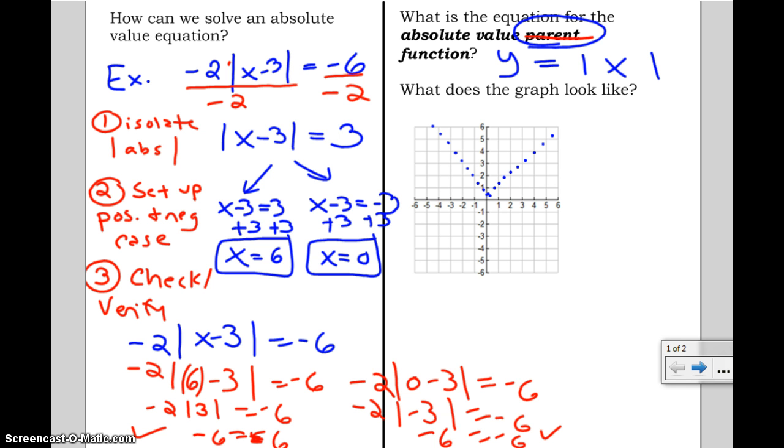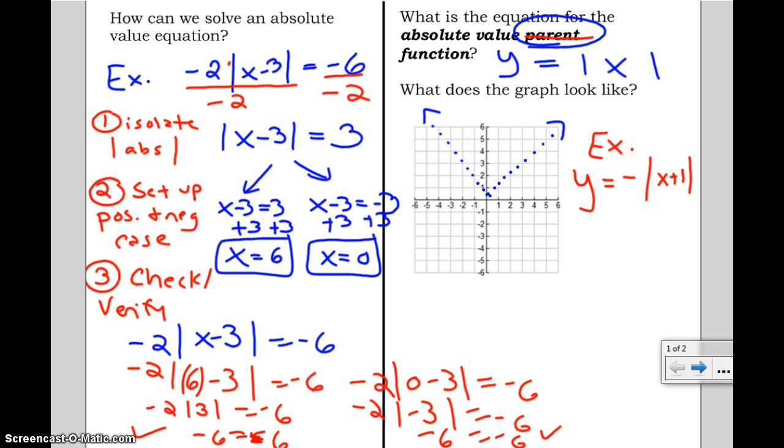Okay? There's my absolute value parent function, y equals absolute value of x. But an example would be, you guys might be given y is equal to negative absolute value of x plus 1. If I look at something like this,